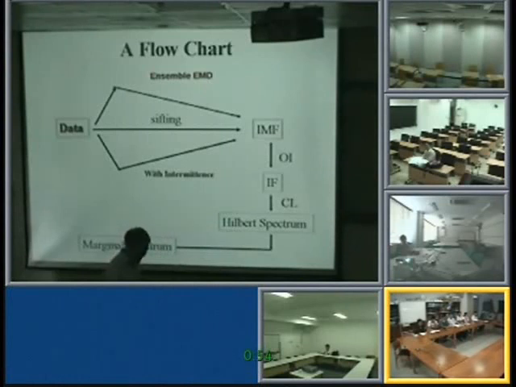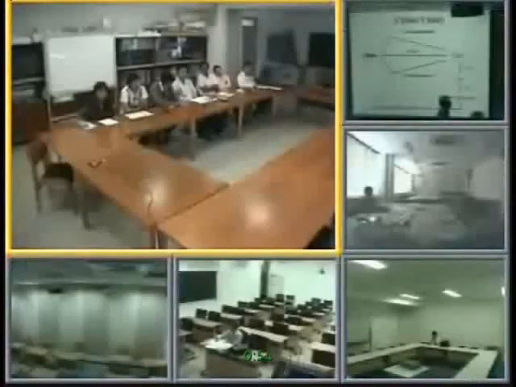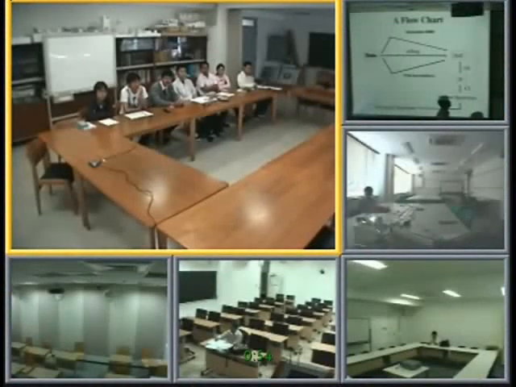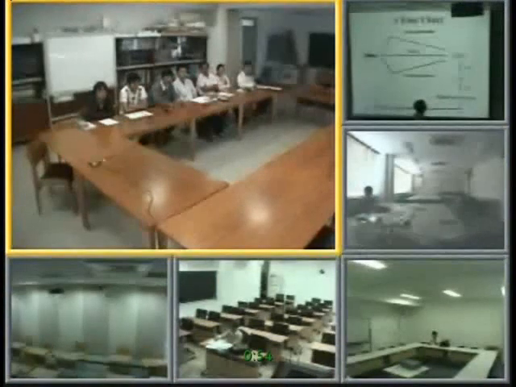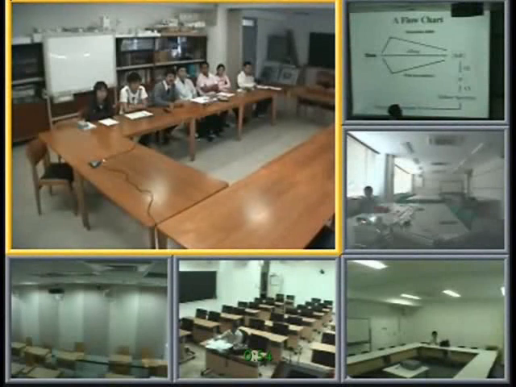I think maybe the connection is continuous, but it is not smooth. So I can get a slightly different Hilbert spectrum if I use a different sampling frequency. How can I consider this kind of difference?